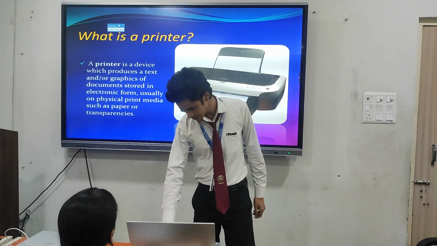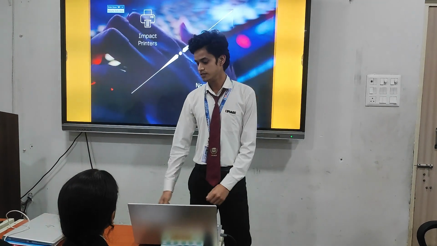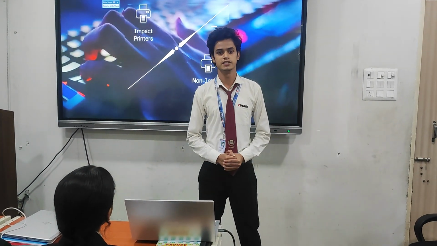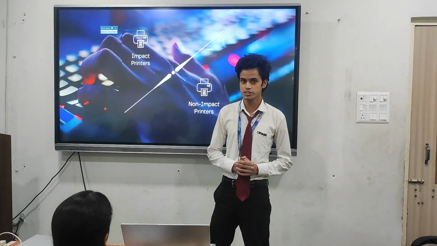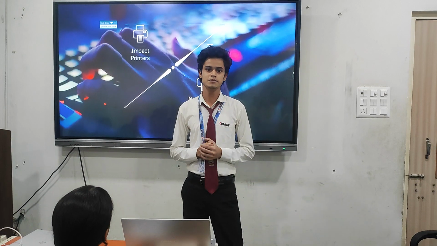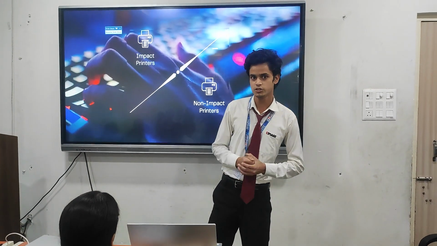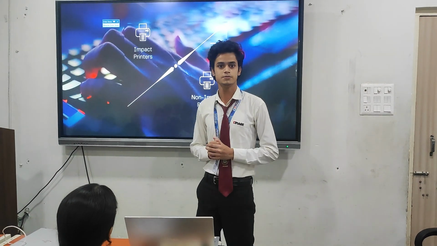It could be an image, it could be text, it could be a combination of both. Moving ahead, when it comes to the types of printer, there are two types: impact printer and non-impact printer. Impact printers are those in which the printing element directly comes into contact with the physical sheet of paper, while in the non-impact printer, the printing element doesn't come directly in contact with the physical sheet of the paper. Basically, there is a difference between these two kinds of printer based on the technique.